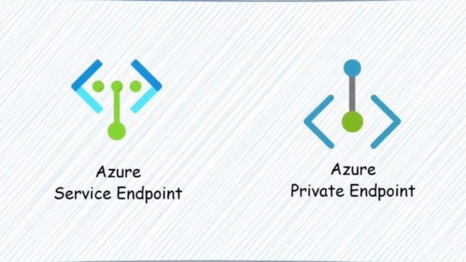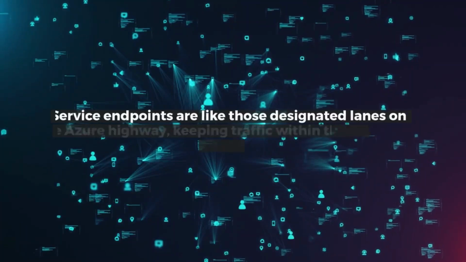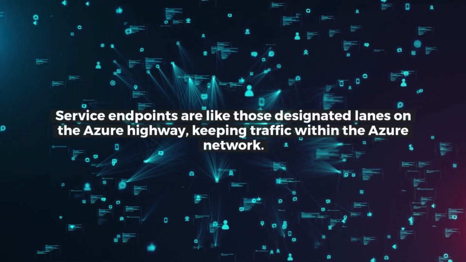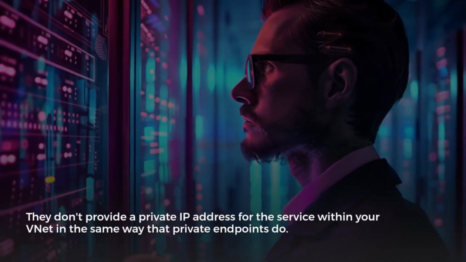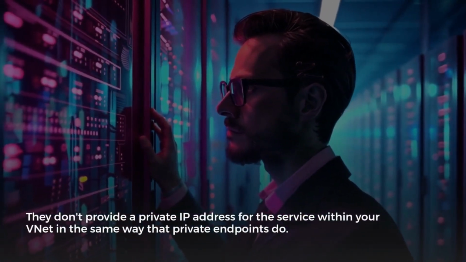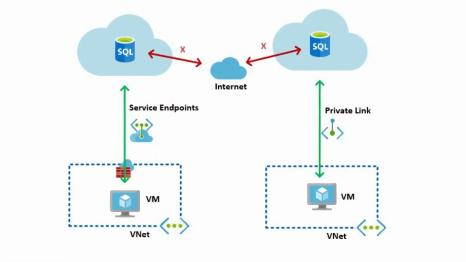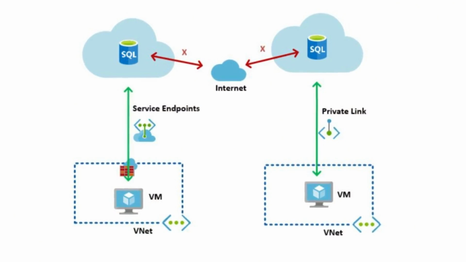Now, it's also important to remember the difference between service endpoints and private endpoints. Service endpoints are like those designated lanes on the Azure highway, keeping traffic within the Azure network. But they don't provide a private IP address for the service within your VNet in the same way that private endpoints do. Exactly. Service endpoints are good for controlling traffic flow within Azure, but private endpoints offer a much higher